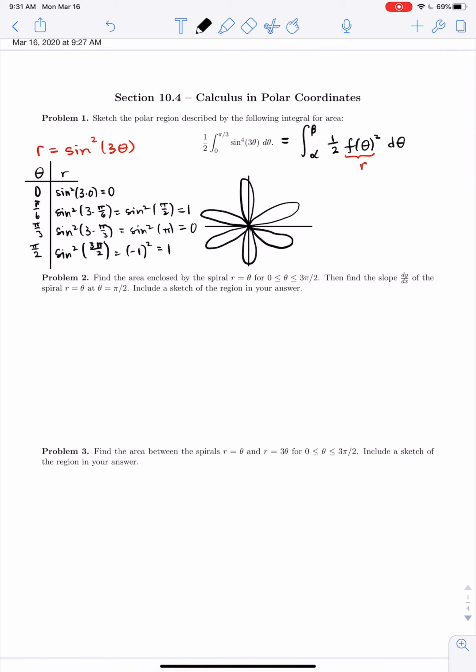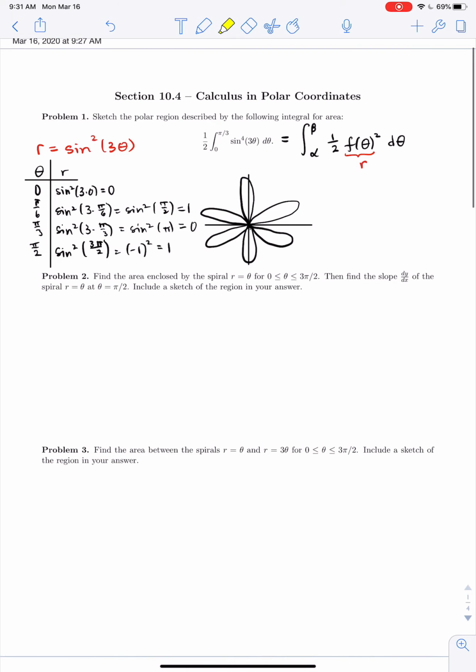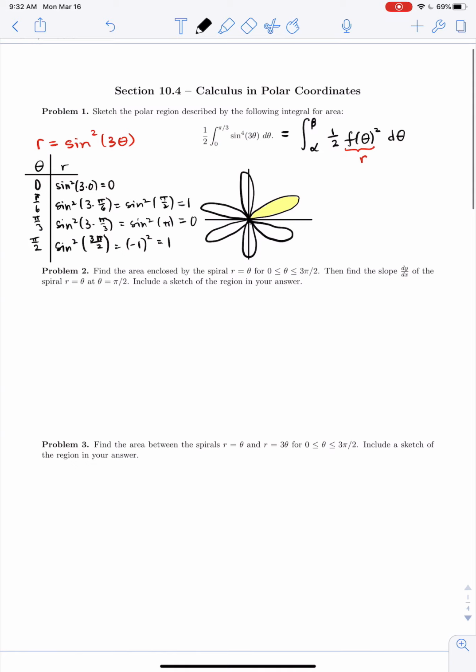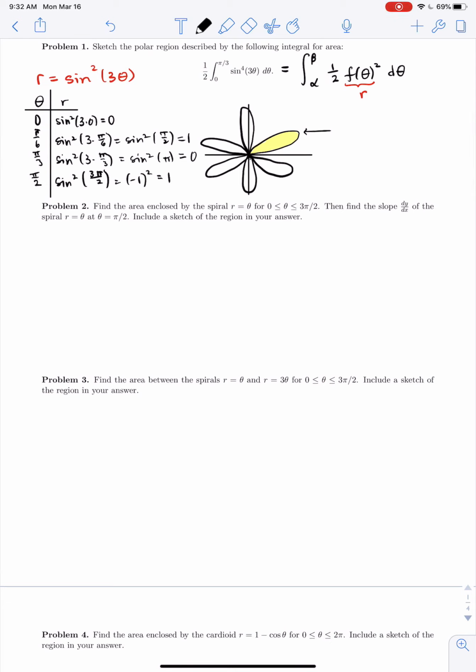But what we want to compute is only the area of that polar curve between 0 and pi over 3. So just this piece. That is the only part that integral represents. And we're not actually asked to compute that, but that yellow region is what we would be computing the area of. Okay, so the next problem,